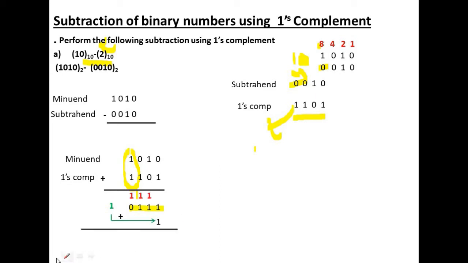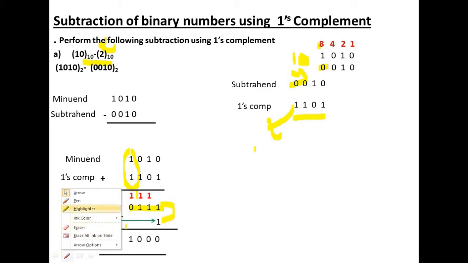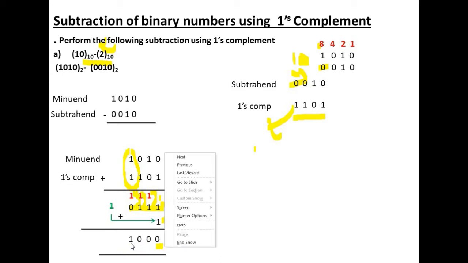Here we see that after adding, 1 plus 1 is going to produce 0 and the carry will be equal to 1. Now 1 plus 1, these two 1s will be added. We will again get 0, again carry will be 1, and 1 plus 1 again gives 0 and a carry of 1, and this 1 plus 0 is going to be 1. So now we have got the result as 1, 0, 0 and 0.